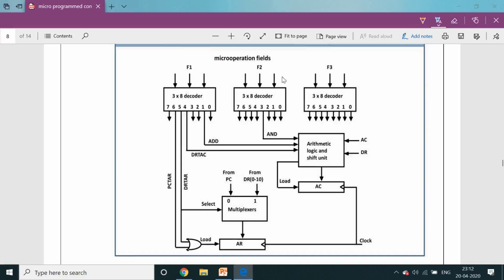If the inputs are 0 1 1, automatically the decoder enables one output line at a time. Out of all the available outputs, only one line is enabled, and the remaining output lines are disabled. That means only one line is active. So that micro operation is AND, and the arithmetic logical unit will perform that AND operation.